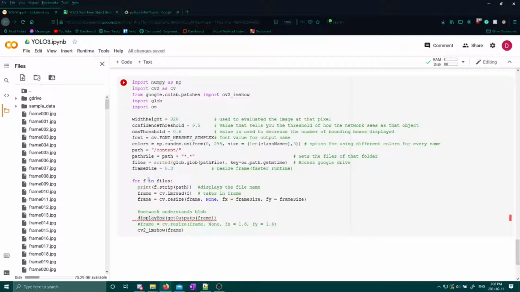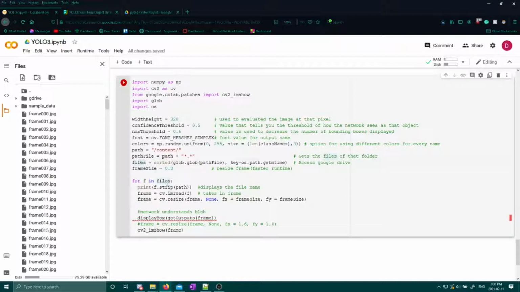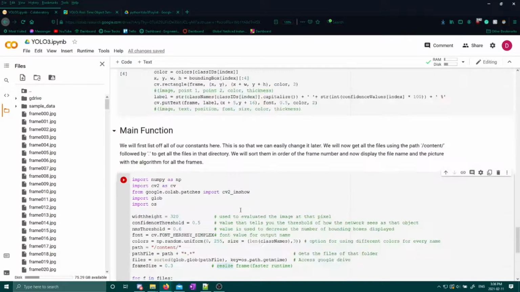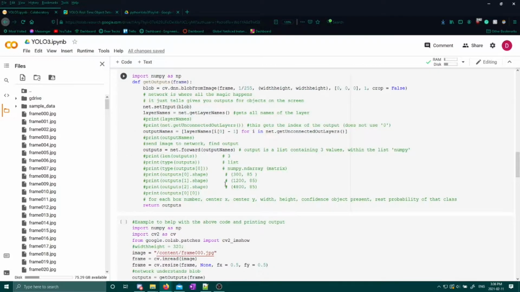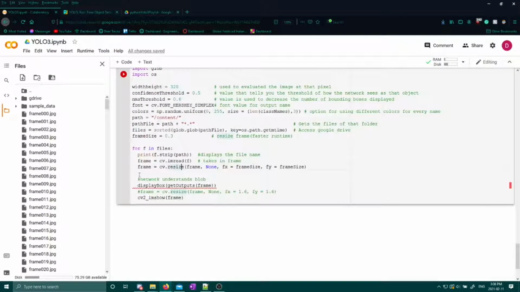So for all your files, I will just print the frame file, or sorry, the image file name. Then I'm going to get the frame, and I'm going to resize it. Then I'm going to use my algorithm above, so this definition as well as this definition, to output my boxes and my text, and then I'll show the frame. So when I run this,